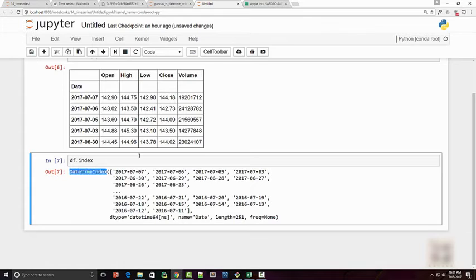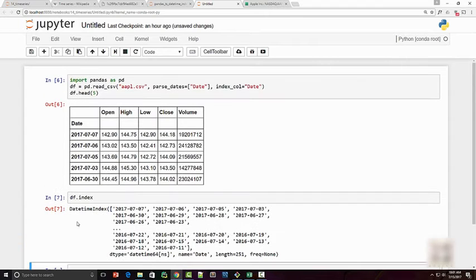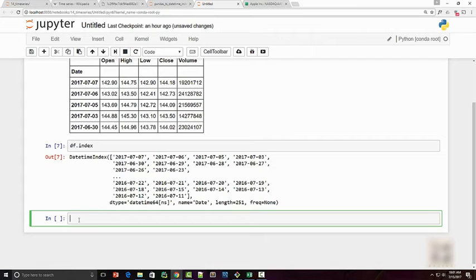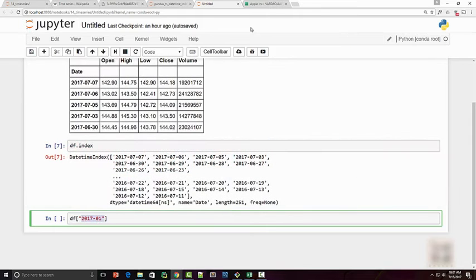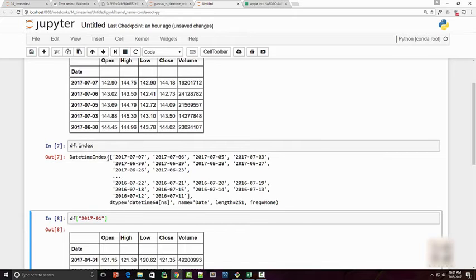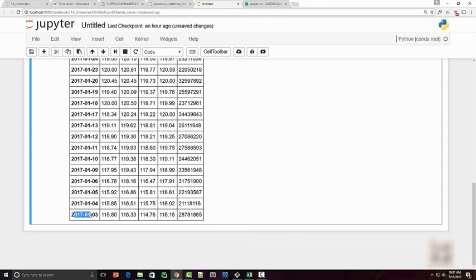Now why did we change the index to be a datetime index? Well, there are many obvious benefits. For example, this data frame is containing data of the entire past 1 year, but let's say I want to retrieve only January 2017 stock prices. All right, so you can do that easily by supplying this partial index here. Here I'm saying give me data for only Jan 2017,